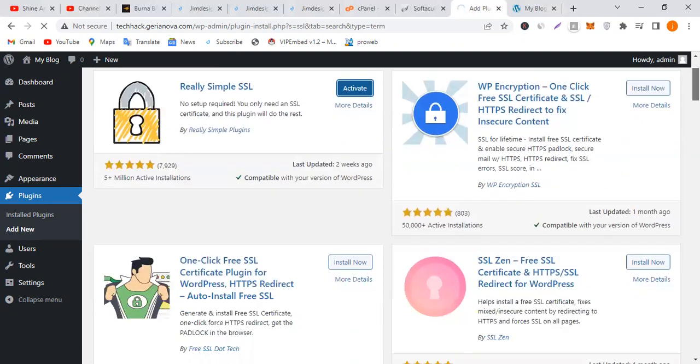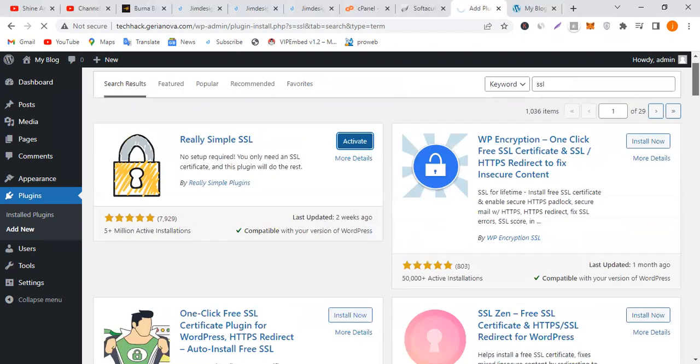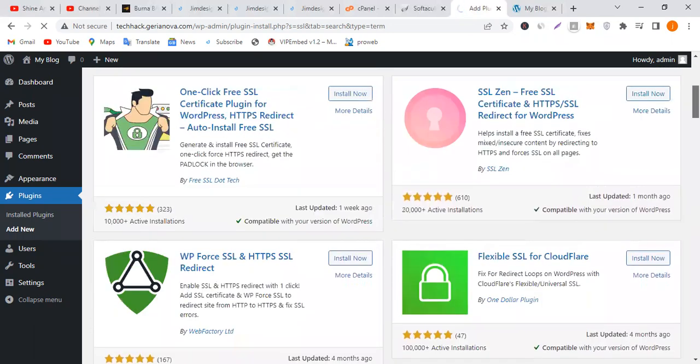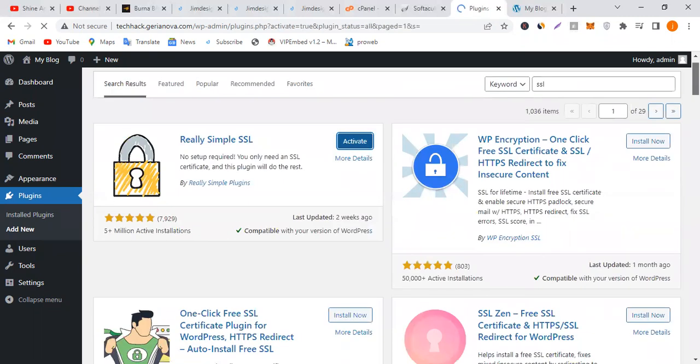You can also make use of this One-Click Free SSL and also make use of SSL. I've tried these four of them before, and they're actually very, very good. But I strongly recommend Really Simple SSL. Trust me, it's like the best thing you would use and you would need